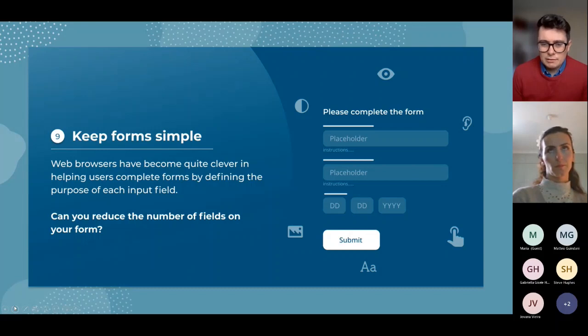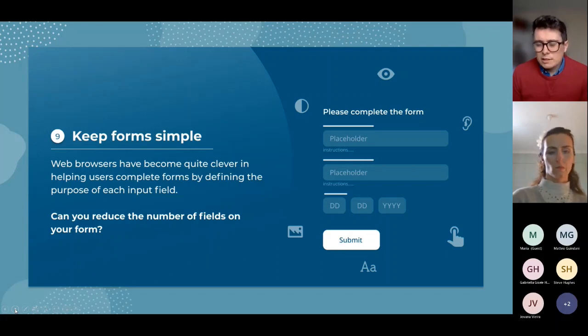So having that linkage is really important. But also, if you imagine that we've got many fields on a form, it's going to take a lot of time to enter. And if you're using some assistive technology, it's going to take a long time to fill. And therefore try to minimize the number of fields on your form, only ask information that you really need.